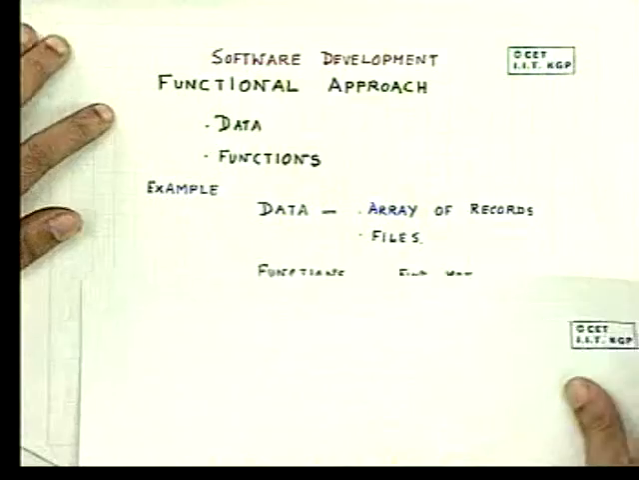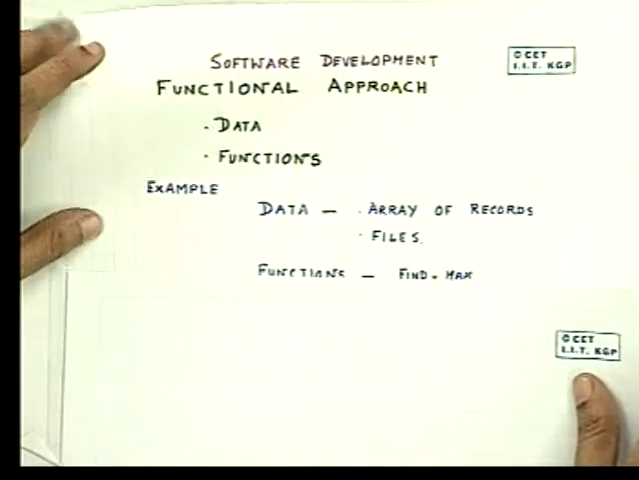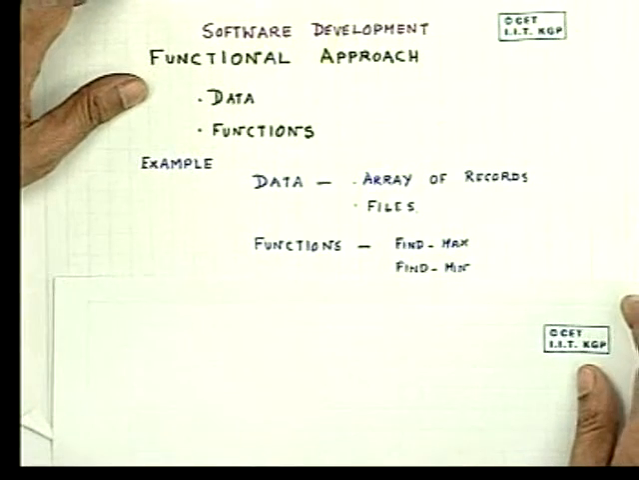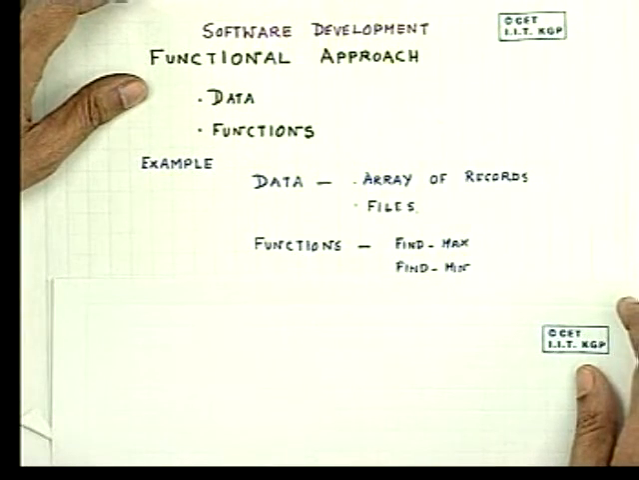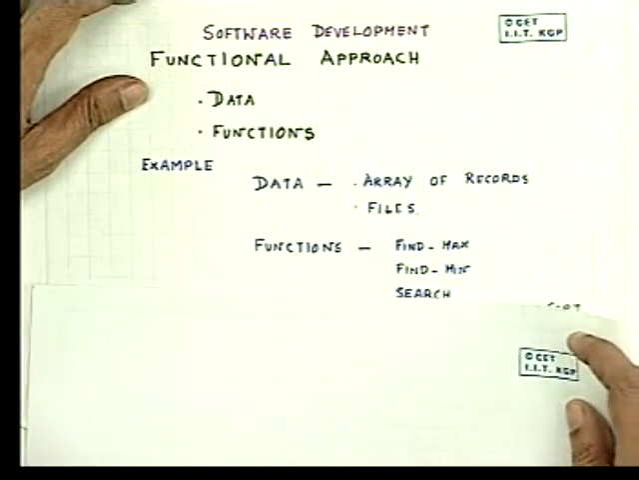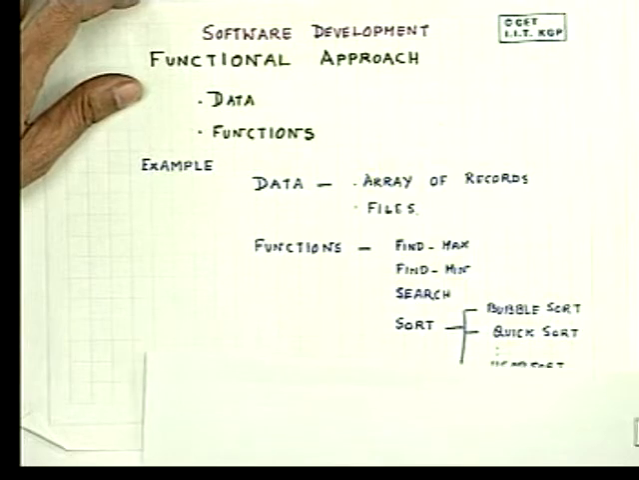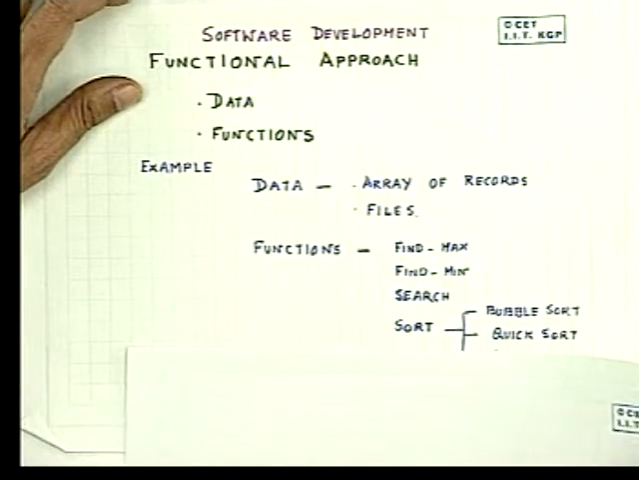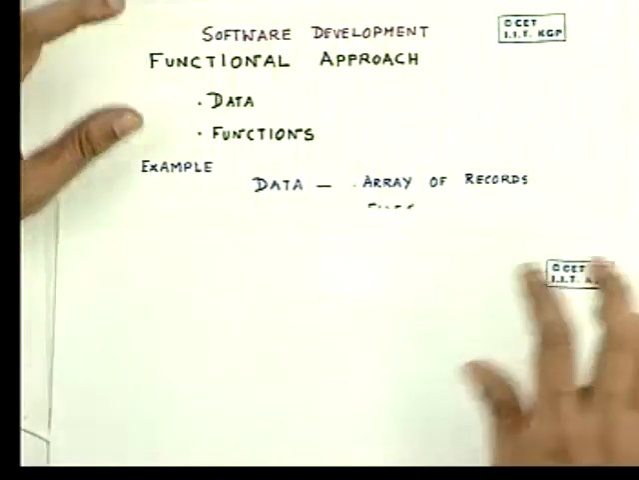Examples might be data, say an array of records, which you have done in your earlier courses, or a file, and the operations that you can perform on this data are find maximum, find minimum, search. You can sort them using bubble sort, quick sort, heap sort. So what happened? The data and functions are in a sense two separate things. The functions operate on the data,